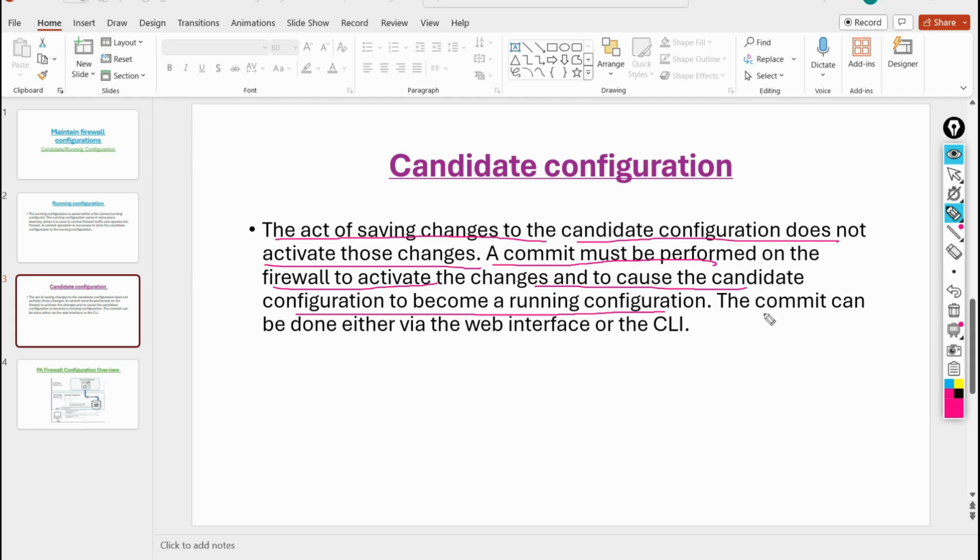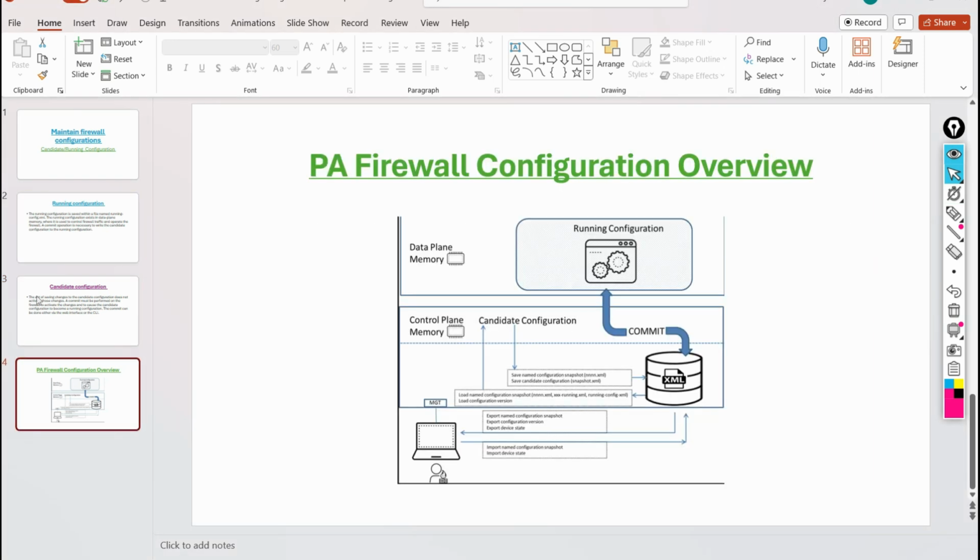And the commit can be done from either the web interface or the CLI. So we can perform the commit both ways, web based and CLI based. And this is the PA configuration overview. The running config is part of the data plane memory, and the candidate configuration comes under the